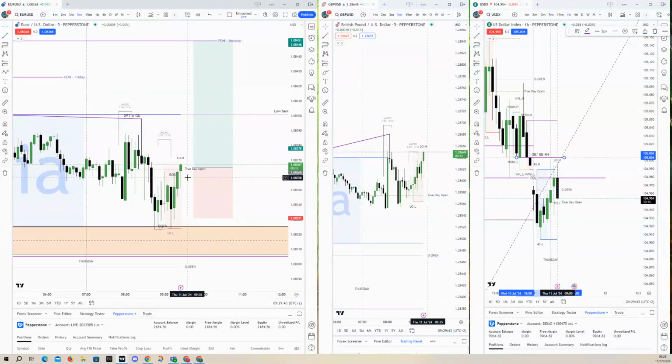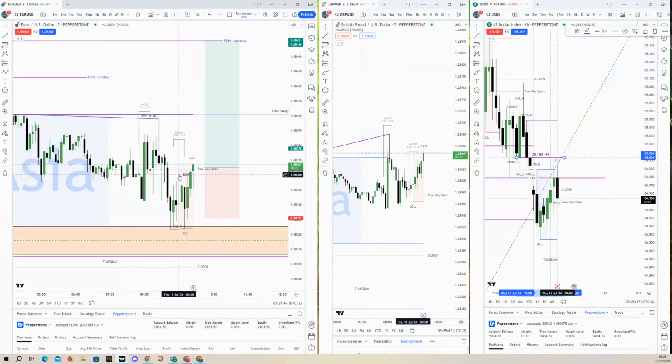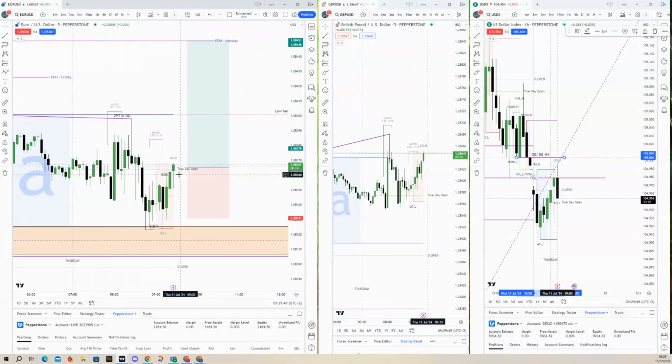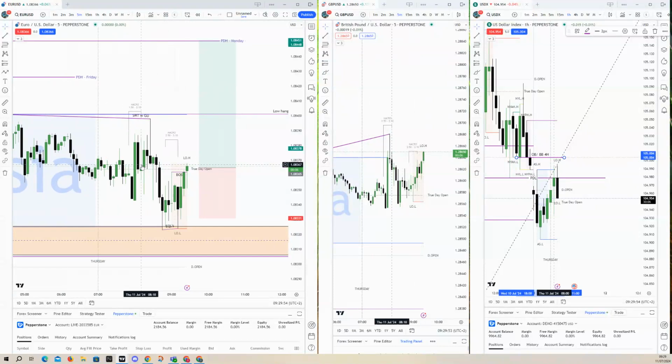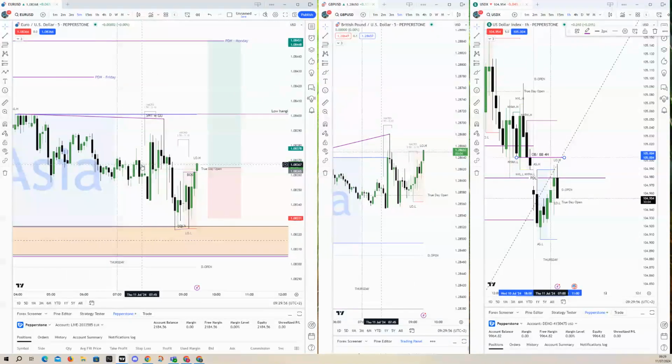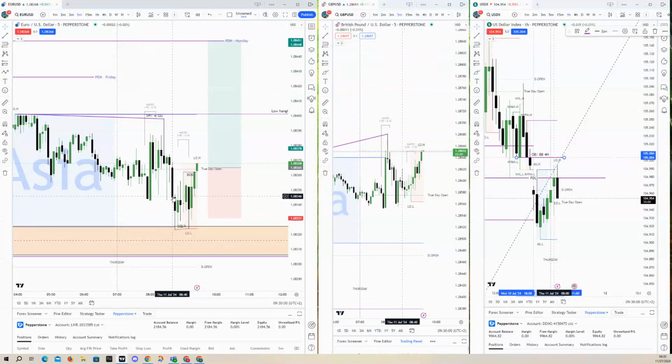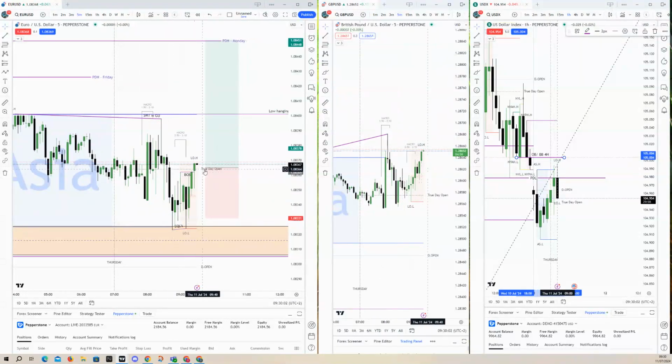Okay, so we're back again and looking more and more convincing. We still won't take this trade though, so we really need to leave a decent FVG,